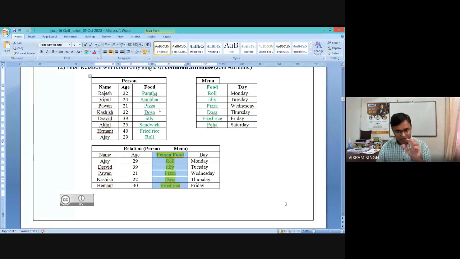Then that is obviously clear, but you have to make sure which table this food column is from. That's why we have made it person dot food name, right? This clear? Person dot food. So we have specified that this food attribute belongs to the person.